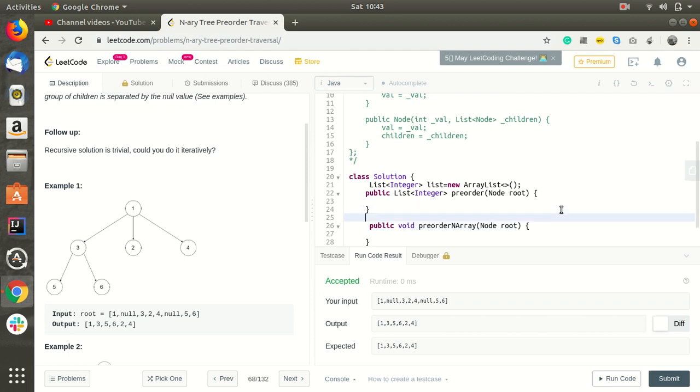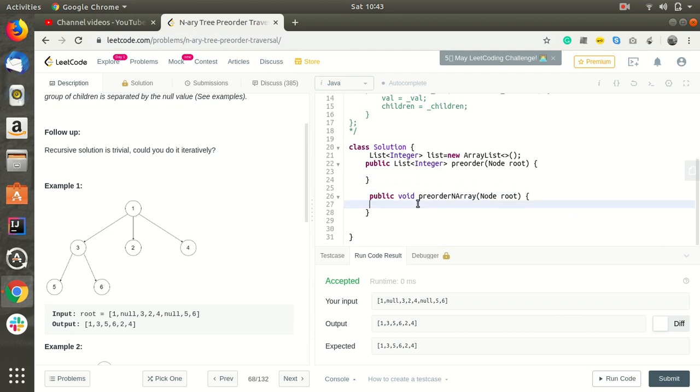So what we'll do is, if root equals null, just return, since we are not returning anything.